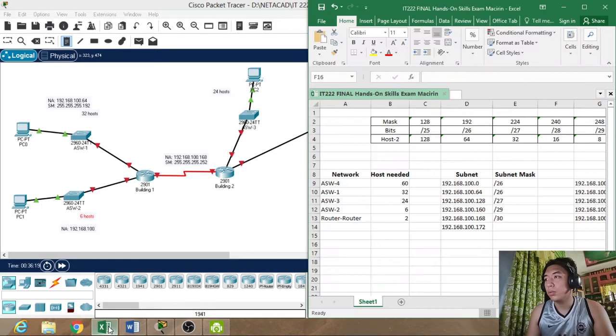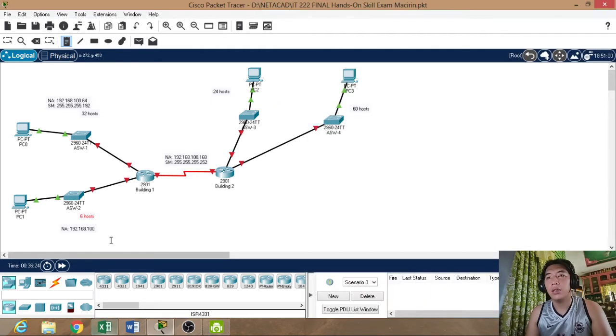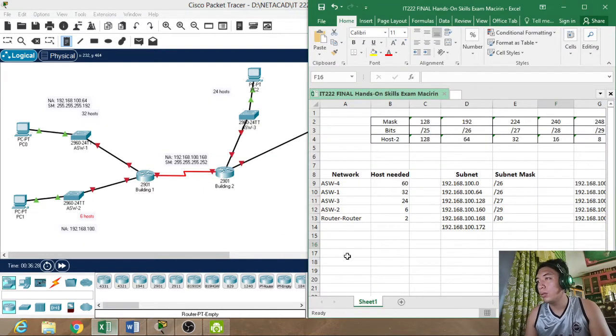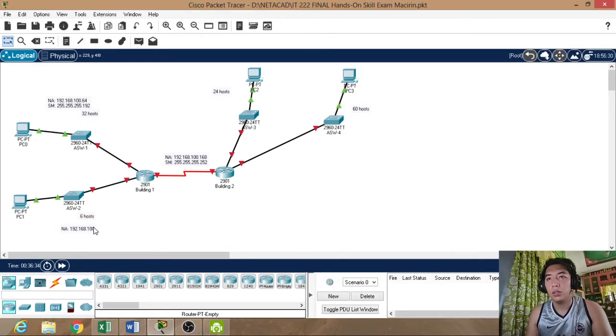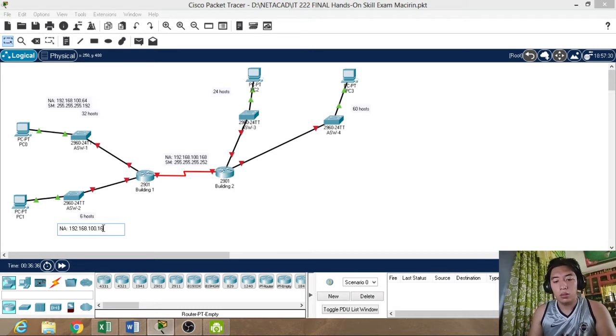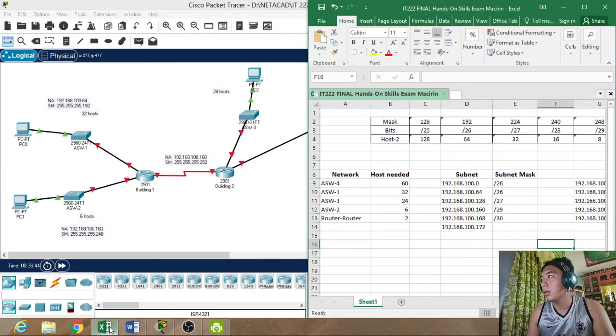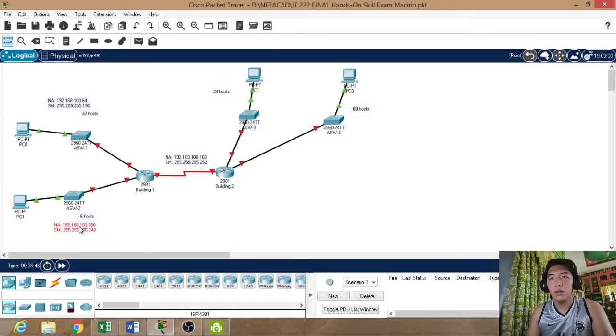Six hosts, /29, 248. No, 160. And the subnet mask is 255.248. Okay. Next is this